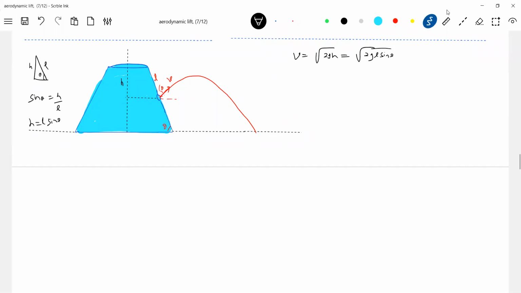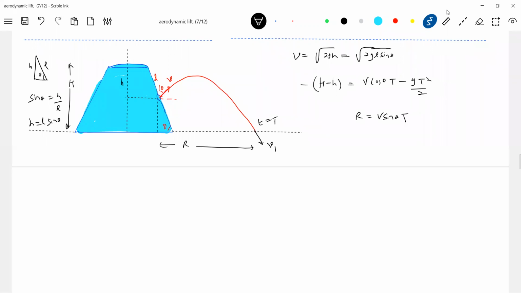After this, what will happen? It will be a projectile motion. So what is the total height of the cone? Let it be capital H. So what height will it descend? Capital H minus small h, the remaining height. Capital H minus small h is equal to V cos theta t minus gt square by 2. With this, we'll come to know what time it will take to strike the ground. The jet will strike with certain speed V1. Then what horizontal distance will it traverse? It's a pure projectile, nothing to do with anything else. So this will become the range. Range should be equal to V sine theta into T.